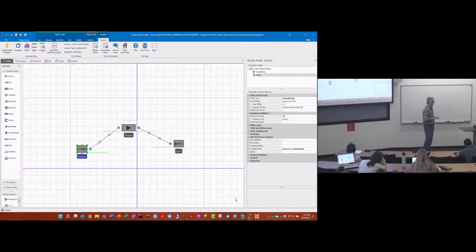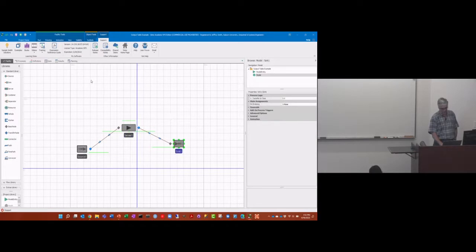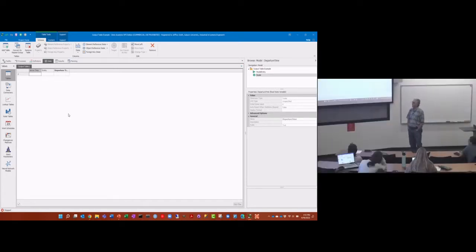I made a simple model where I have an arrival that I limit to 10 arrivals. They just go to the server, I haven't done anything, and then they depart. I created this output table where I have arrival time, entity, and departure time. Arrival time and departure time are both reals, and entity is a string state. These are output tables because an output table is a table where every column is a state rather than a property. Output tables have this property where you can add rows as the model runs.